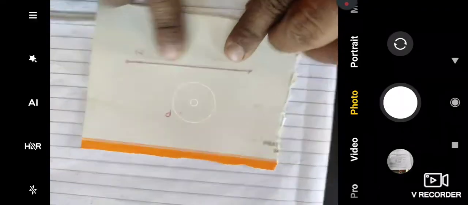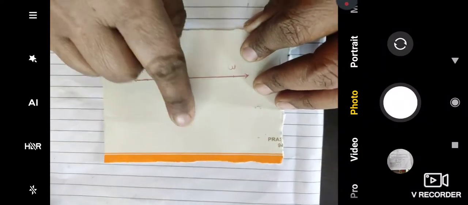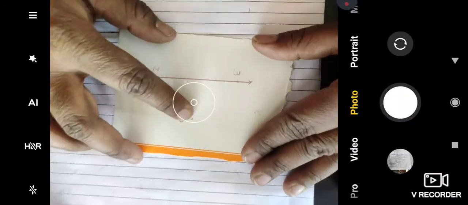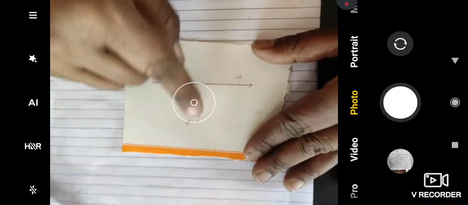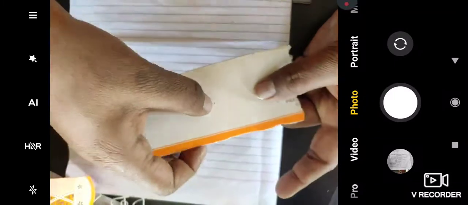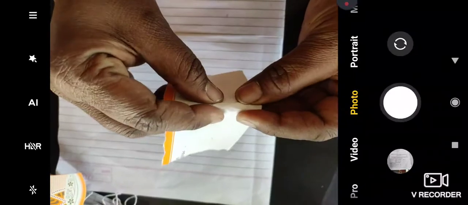So first of all we have to draw the line MN and take any point above the line. This above we have taken, and the name of the point is P. So how to draw the perpendicular to the line MN from point P, that we will see now. For that we have to fold this paper on line MN. If you see here, I fold it at MN. And then we have to fold this paper again from point P, in this way.